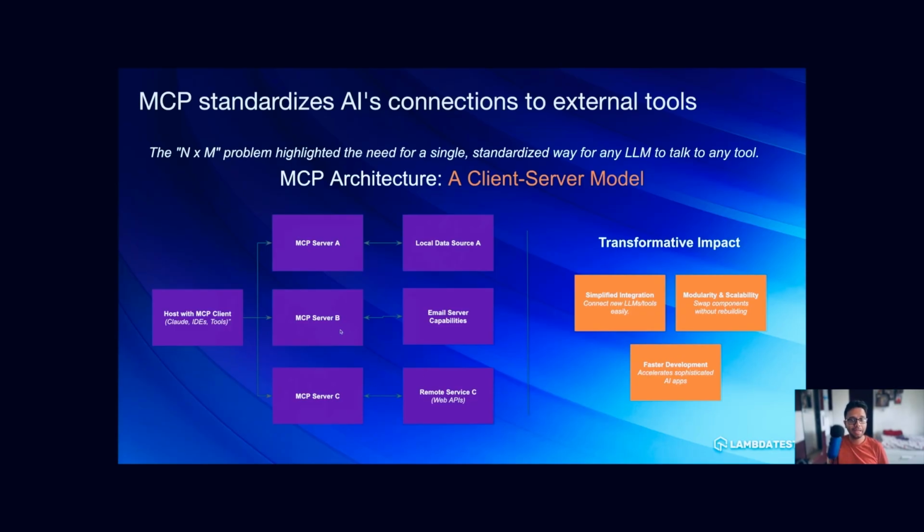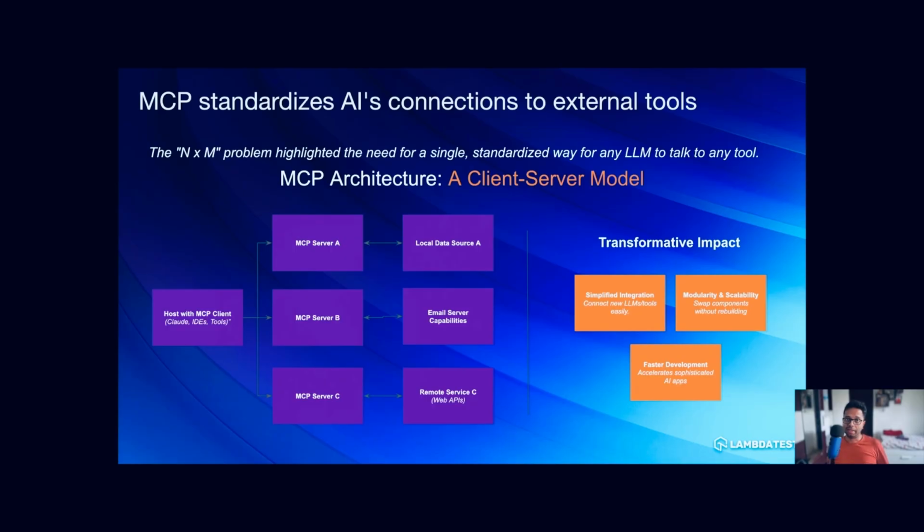And server B goes ahead and gives the capabilities to the large language model, in this case, which is the MCP client, to run some queries based on what it is asking for, right? And when you connect this MCP server B, you provide your authentication to your Gmail as well, so that on demand, LLMs can figure it out.